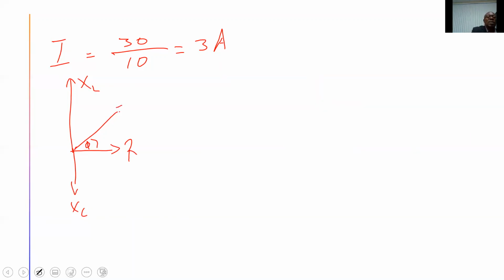And this would be V, and this would be my I-axis. So I is therefore equal to 3 amperes